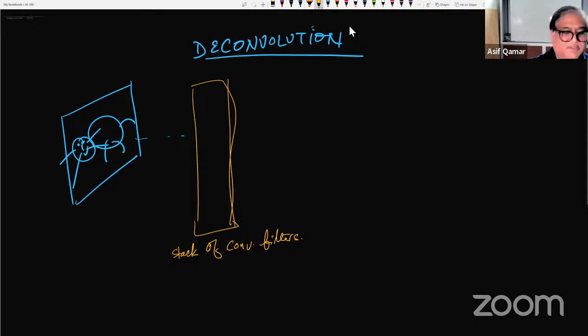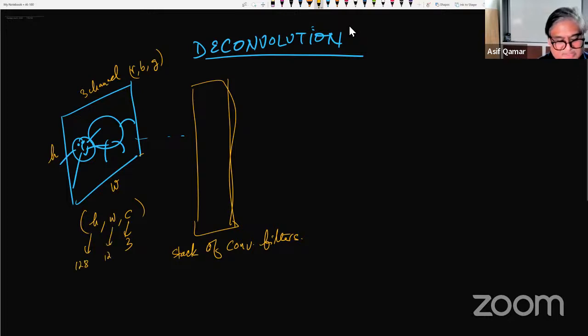You can take, for example, this image, which comes in 3 channels. What are the 3 channels? Red, blue, green. The structure of this data would be a certain height, h, a certain width, and 3 channels: height, width, channel. Let's say that it is 128 pixels by 128 pixels. You take an image and pass it through filters. Let's say that you pass it through 6 filters. What will you end up with? You will end up with an image, and let's say that you take a filter size of 3 by 3,